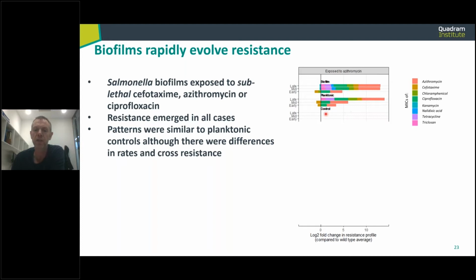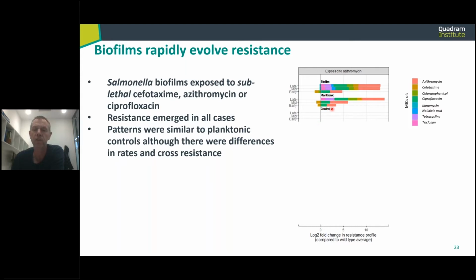And so just a quick look at this first to say that the control data for lineages that were exposed with no drugs is here, but you can't see anything, so nothing changed. Their sensitivity stayed just the same between the early, middle, and late point. So just making more biofilm doesn't make you any more resistant to anything.